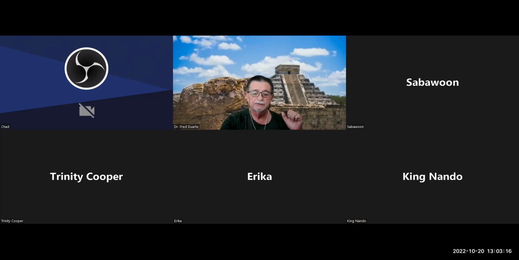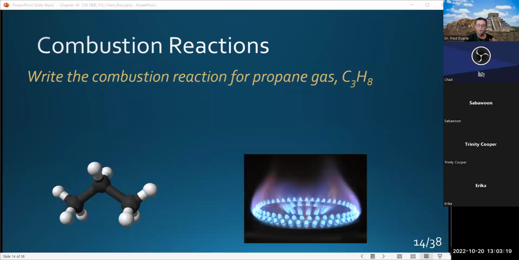All right, well, let us continue. We ended up on slide 14, and we've been talking about chemical reactions, okay? And this one here is called a combustion reaction. Now, the important aspect about a combustion reaction, which you just got to remember, is point number one. We're going to do combustion reactions of only hydrocarbons. And so here we got propane, and here's the general formula for hydrocarbons, which is a compound which consists of nothing but carbon and hydrogen, very